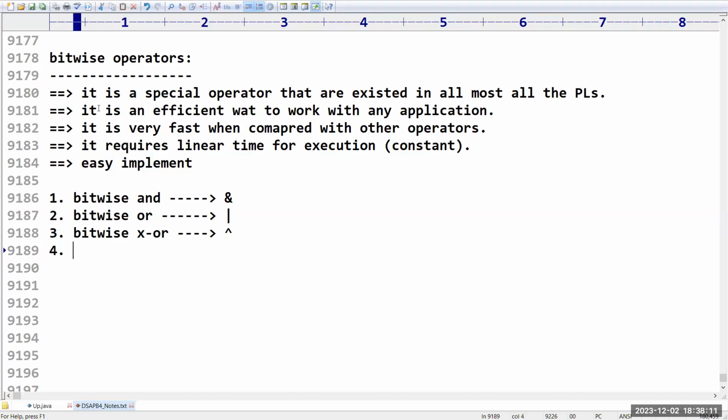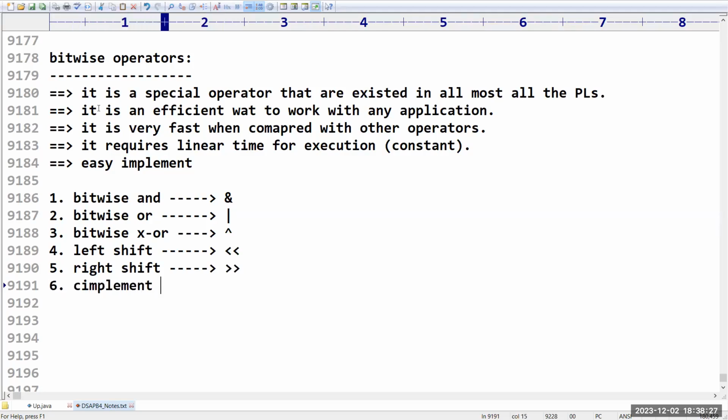Okay, bitwise left shift, symbolically it is represented as a double less than symbol. We have right shift also, which is represented symbolically like this. And the third one, we can take even complement also. How to represent the complement, like this we can take. These are nothing but the 6 types of bitwise operators